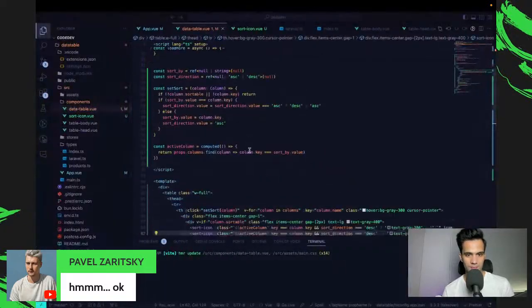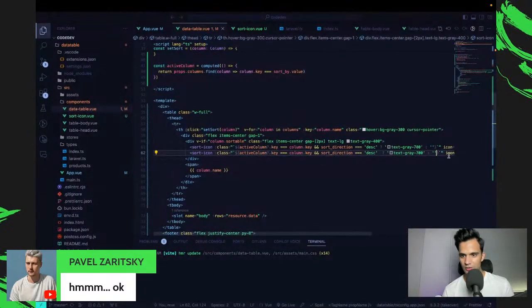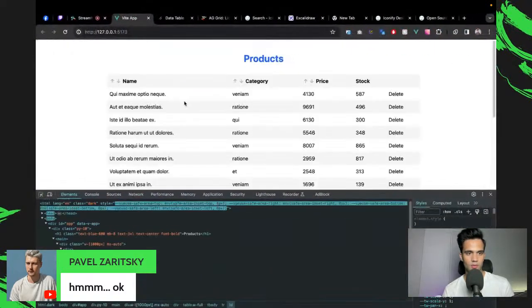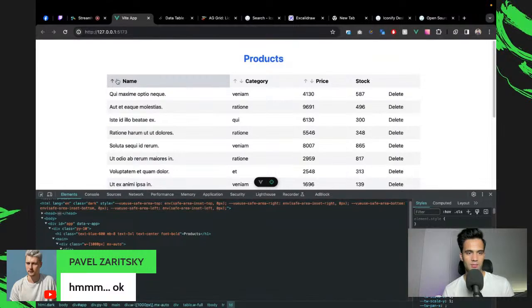But anyways, I'm just writing this logic and haven't even tested it yet. So, oh, sorry, this should be ascending order. That's the issue. So now it should work. Now we have the descending order, ascending order. Again, we haven't done the filtering yet. We're just designing it. So that works.